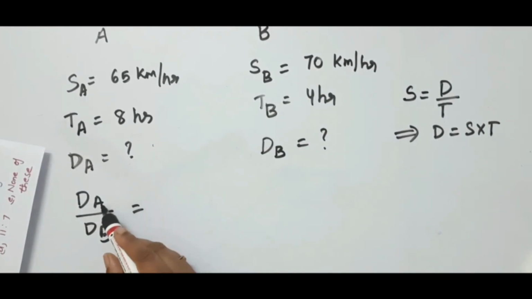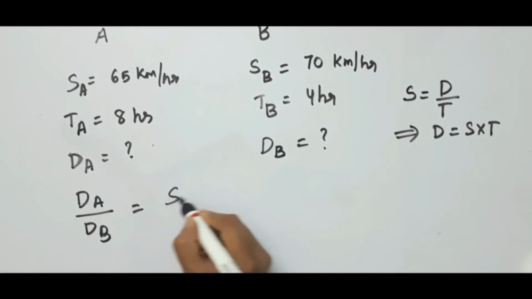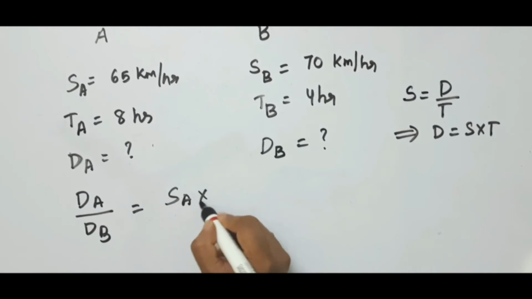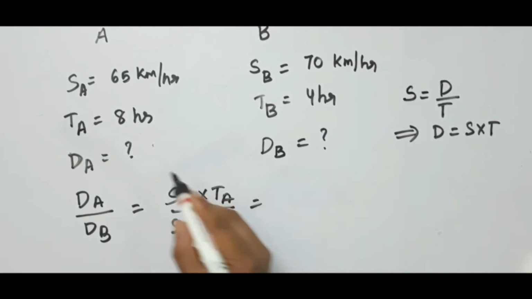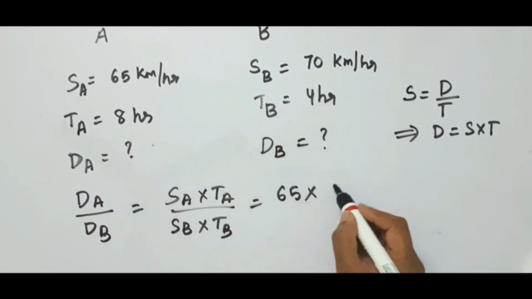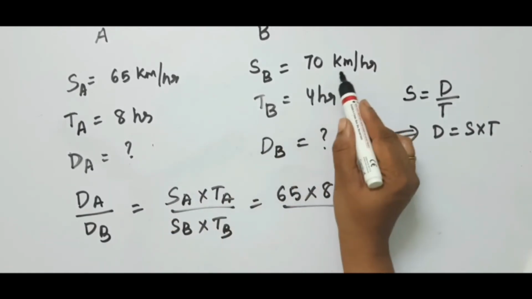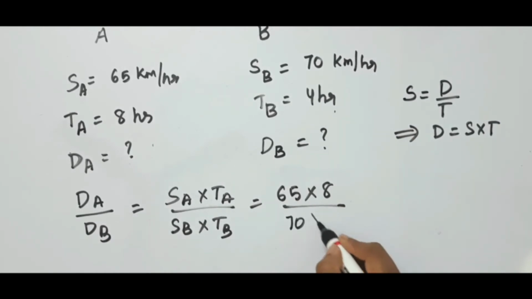So distance covered by car A by car B is nothing but speed of car A into time of car A by speed of car B into time of car B. So what is the speed? It is given 65 into time is given as 8 for car A, and here it is 70 and time is given as 4. Simply cancel 4 ones and it is 2, and here it is nothing but